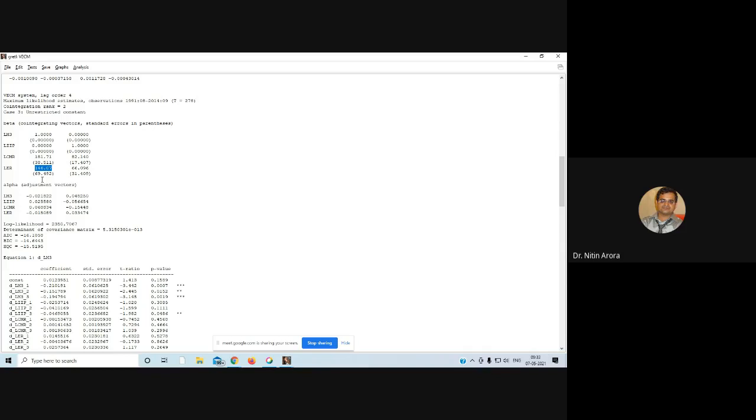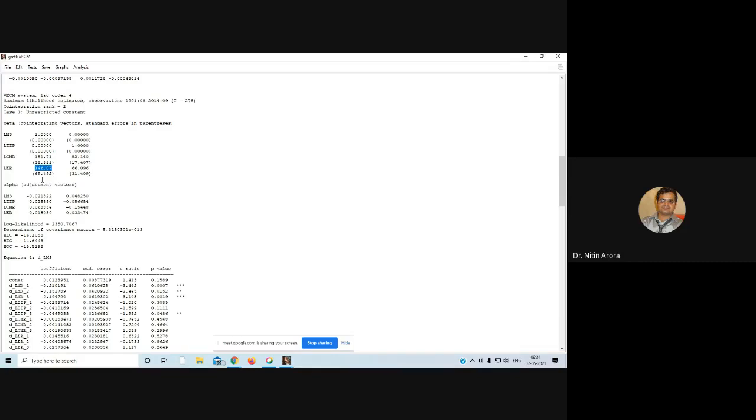And beta 1 1 is 1 by default. If we go to beta 2 1, this is equal to 0 by default, and beta 2 2 is equal to 1 by default. Can you see this or not? Yes, sir. If I am taking the first co-integration vector as first row,